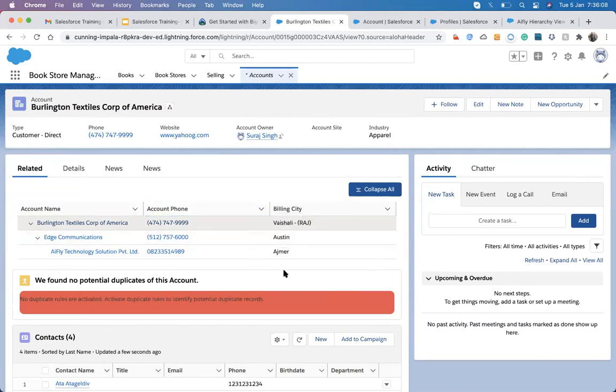Okay, so that's how we are installing a managed package into the Salesforce app, and how we are configuring that managed package. It's just a small example of installing managed packages from AppExchange. The point is that whenever we have to design a custom solution, before writing a piece of code, first think twice and go to the AppExchange and try to find an app that will solve your business issue.